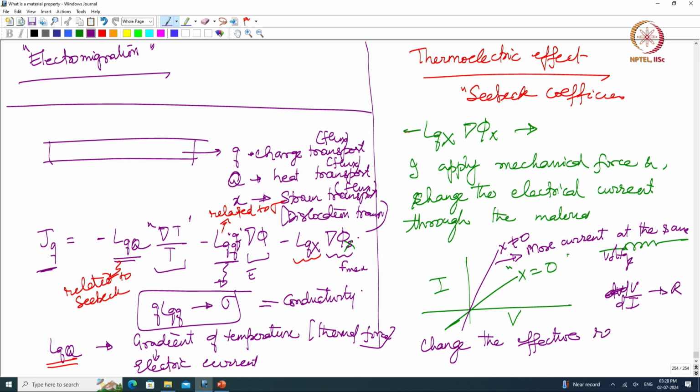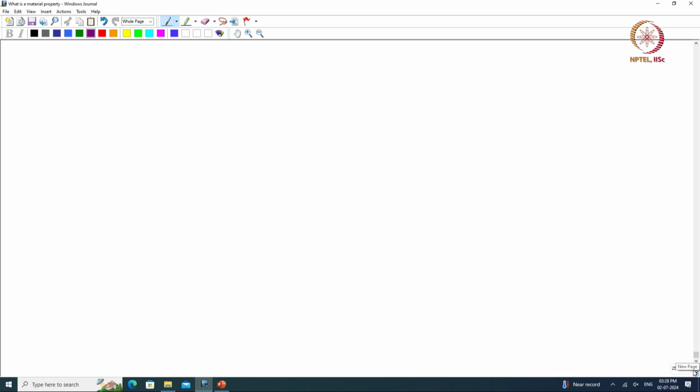So, effective resistance or conductance by applying stress, right. So, by applying stress I am generating more resistive current,